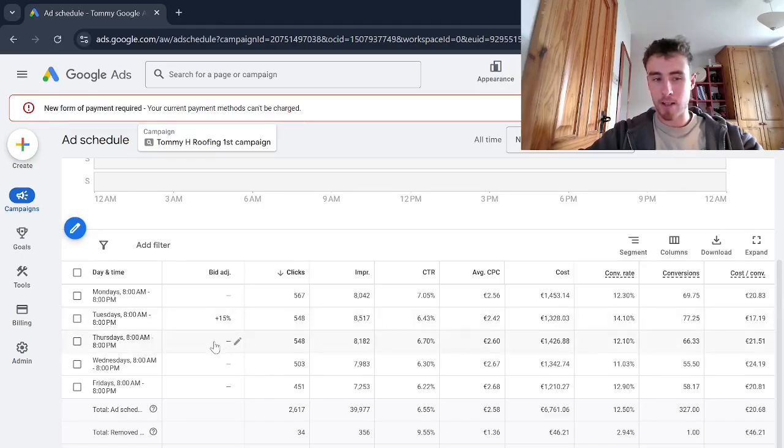And then on the other hand, on Thursdays and Fridays, the cost per conversion seems to be pretty close to the average. But on Wednesdays, it looks like the cost per conversion is quite a bit higher than the average, by almost 20%, because €4 on top of €20 is 20% of that. So in this case, it would make sense, if anything, to add a 20% negative bid adjustment for this day